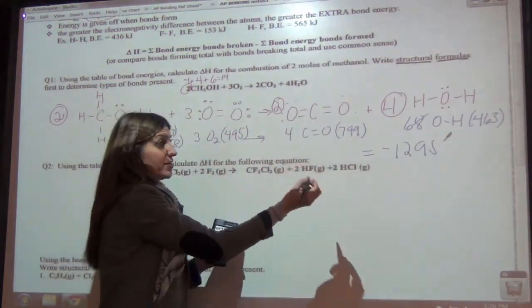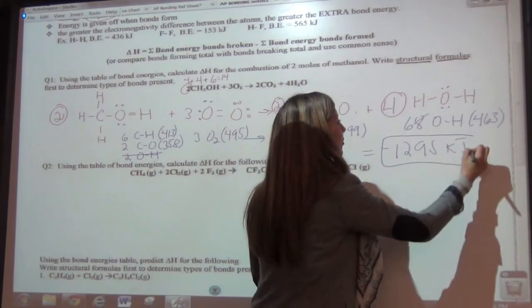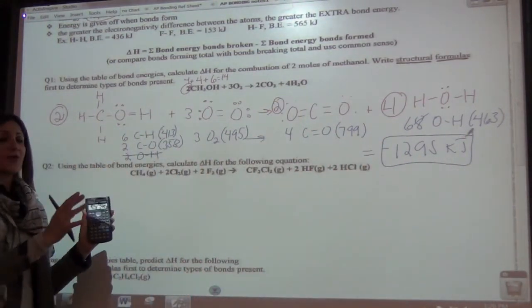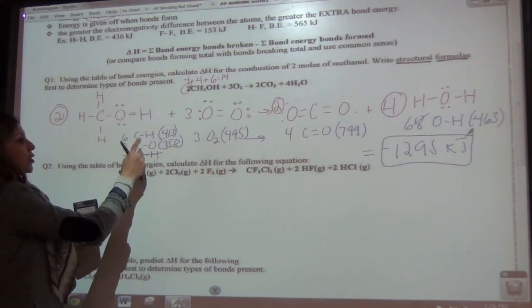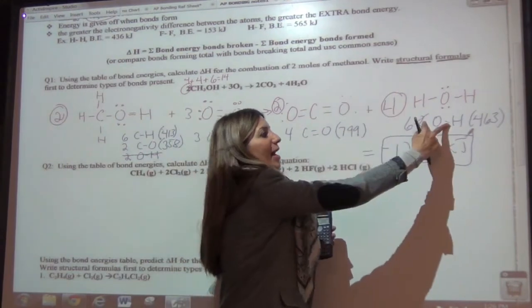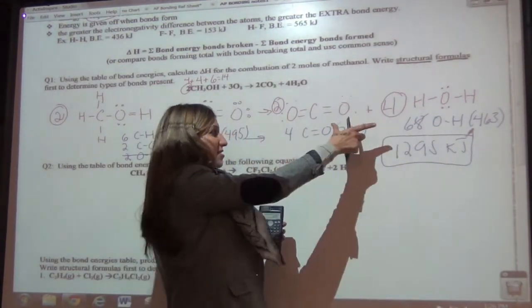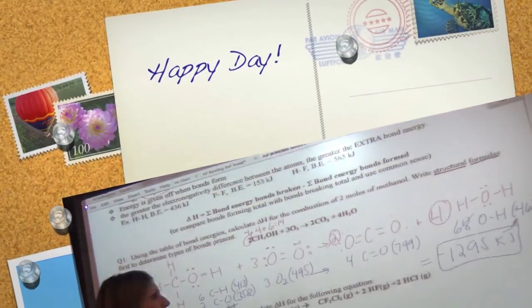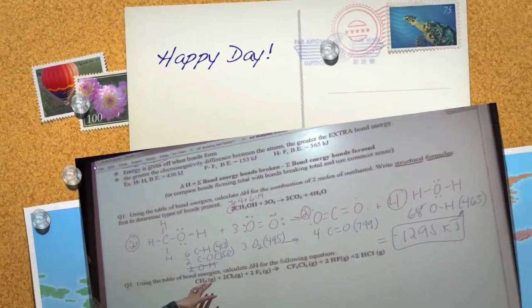So again, this is going to be in kilojoules. For this reaction, make sure you put them in parentheses, otherwise you might get the wrong answer. So you're going to do like 6 times 413 plus this, minus, and minus again. Some people like to sum it and then subtract it. That's totally fine. That's the way that they typically would have it. Okay, and then we would do the same thing for any of the other